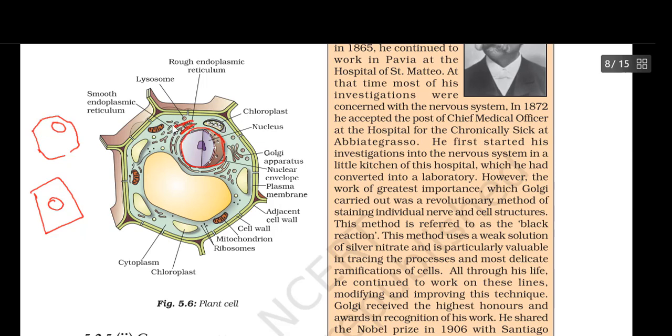So these are the endoplasmic reticulum. And the pores which you are going to see here, right? So these are the rough endoplasmic reticulum, and there are no pores on some of them, and these are the smooth endoplasmic reticulum. So this is the first difference between plant cell and animal cell. In animal cell the nucleus will be in the center, and in plant cell the nucleus will be on one side of the cell. Okay, this much you are going to remember.